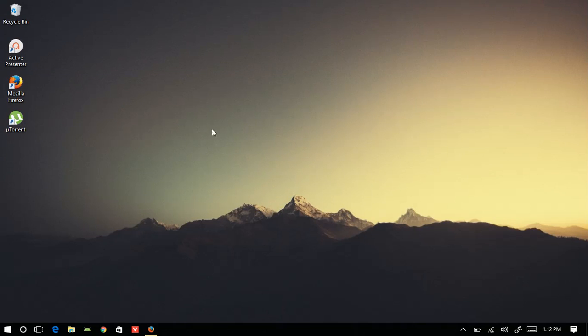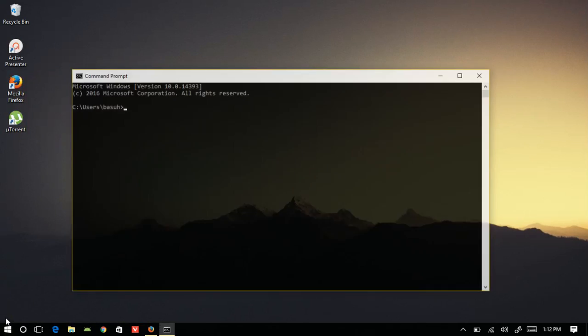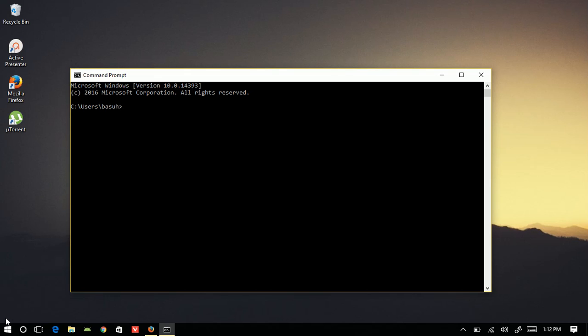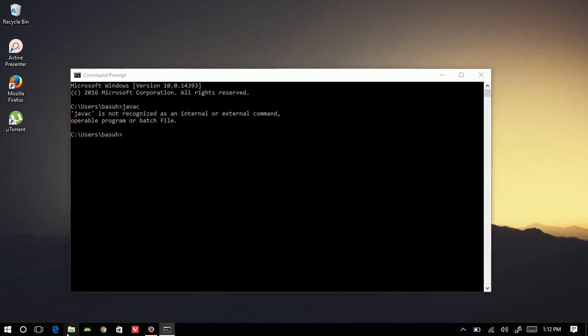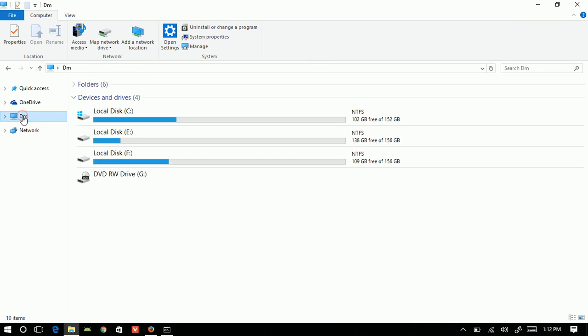Now after the installation is complete, go to the start menu and open the command prompt. Now type the following command: javac, without spaces. If you get an error that this command is not recognized, this means that your computer doesn't know where Java is installed. So to solve this, open the file explorer, go to the location where you have installed Java, open